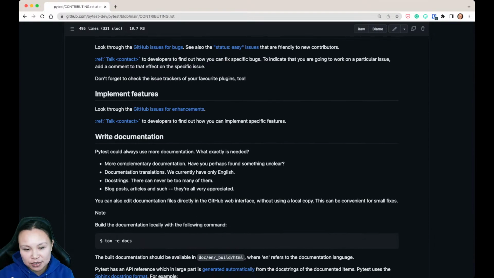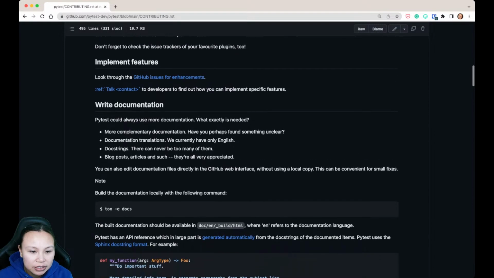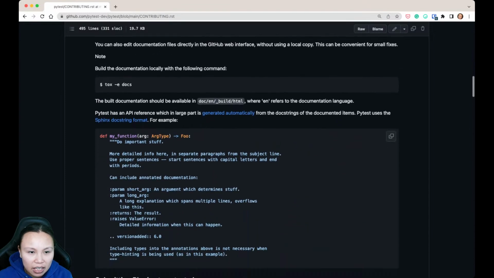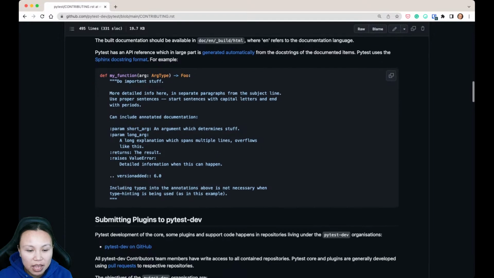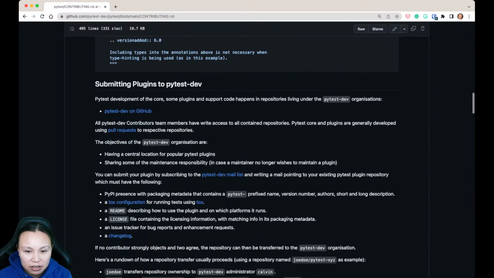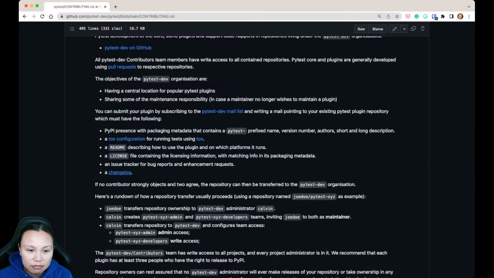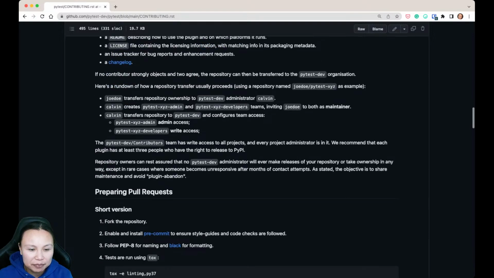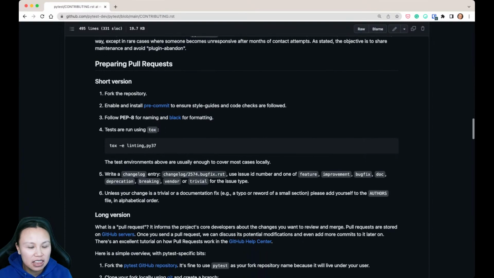Make sure that if you want to fix something, you message the maintainer to ask. It's also good to tell them that you're working on it, so they can keep an eye out when you send in a PR. Another thing, if you're adding something new, you have to write tests for it. You have to make sure the documentation is right. You may have to contribute a change log as well, because you may have changed or fixed something. You write it in the change log, so when they release the new version with your contribution in it, it stays there. Everything should be documented very nicely in the contribution guide.